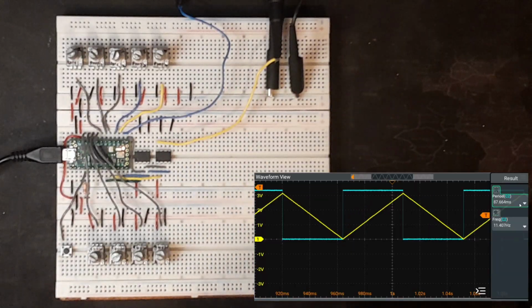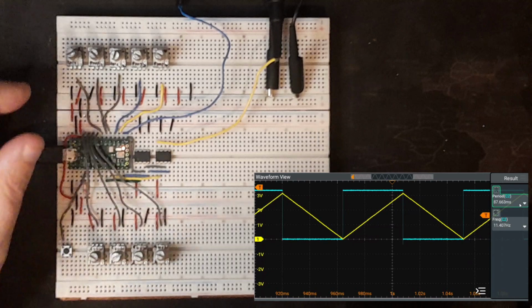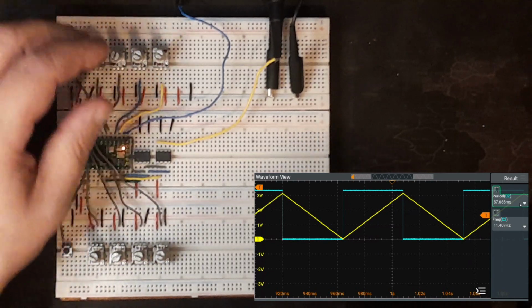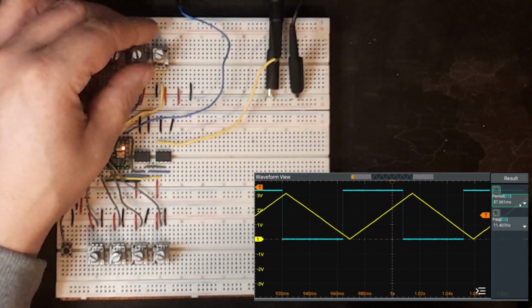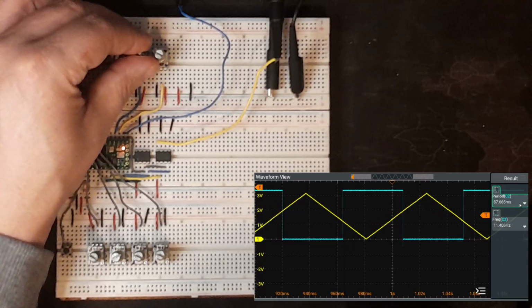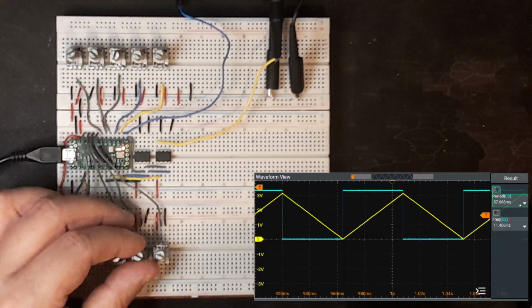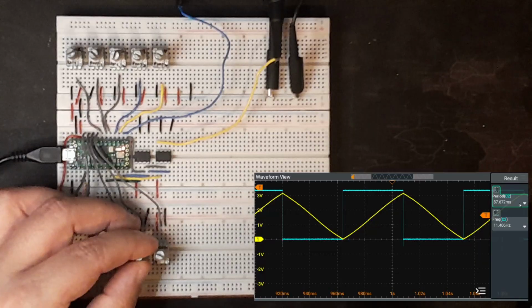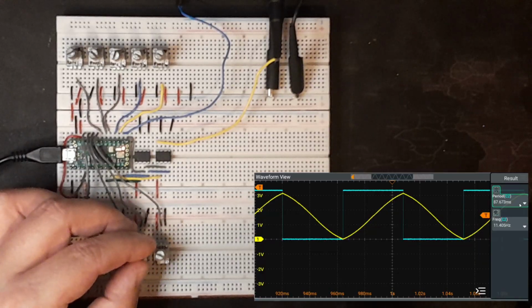Then channel 3, I've got just a basic sine wave. Again, control the phase independently, and I can morph between a triangle and a sine.